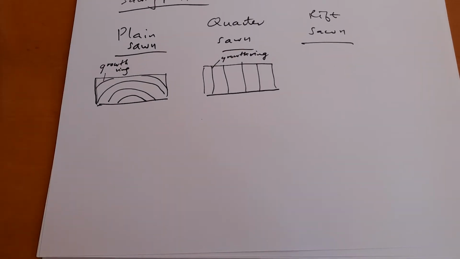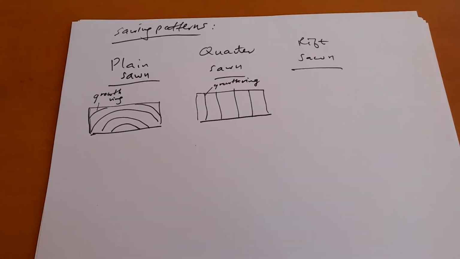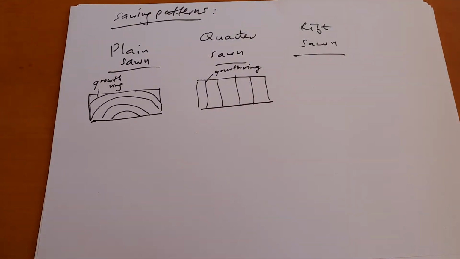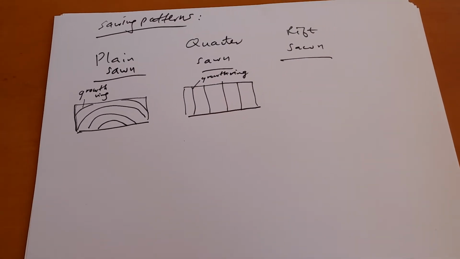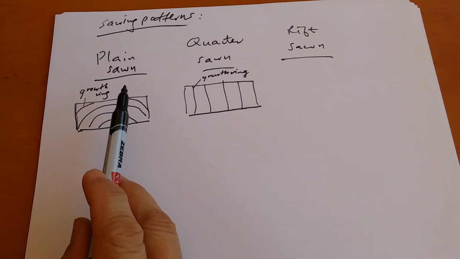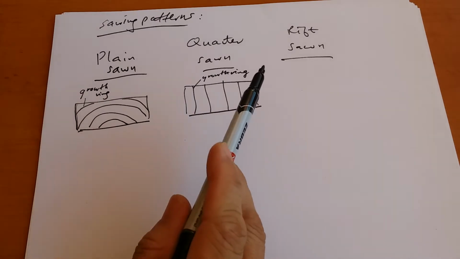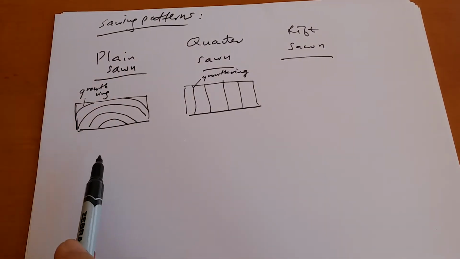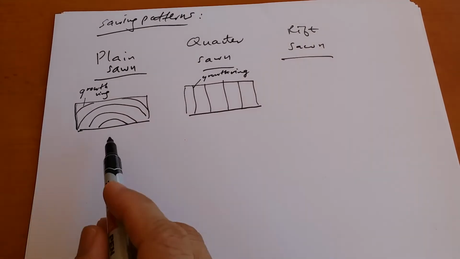Alright, today we're gonna be looking at a little bit on sawing patterns, different types of sawing patterns. Basically, there are three sawing patterns: the plain-sawn, which is this one, the quarter-sawn, and the rift-sawn. Right? If you look at the cross section of the timber that you are cutting or sawing,